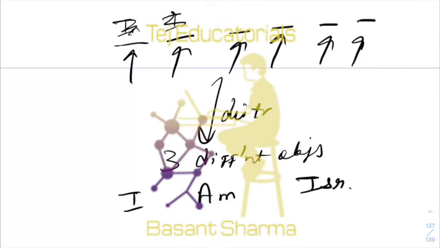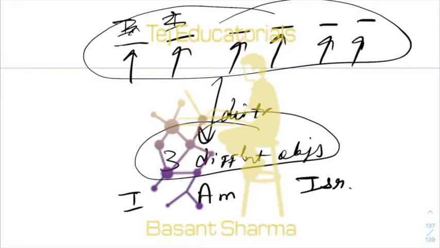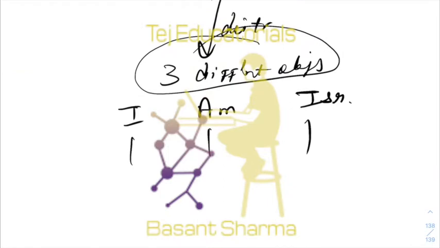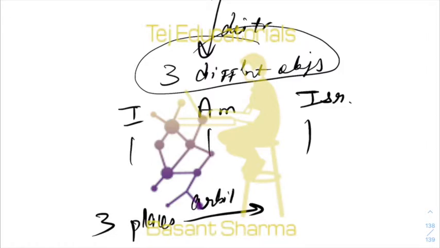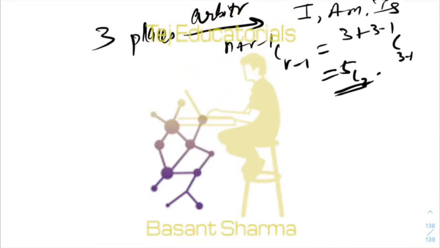So now the problem is familiar to you, because we have 6 identical objects which you want to distribute amongst 3 different persons, such that each gets at least one. So give one object to each of them, and what remains is 3 places. These 3 places can be arbitrarily distributed amongst Indians, Americans and Israelis. The number of ways is (n + r − 1)C(r − 1), which is (3 + 3 − 1)C(3 − 1), which is 5C2.